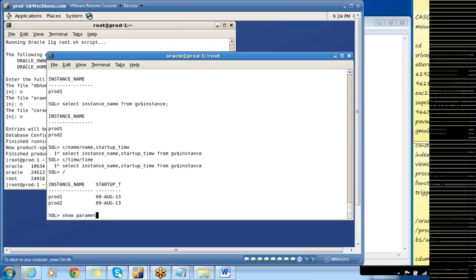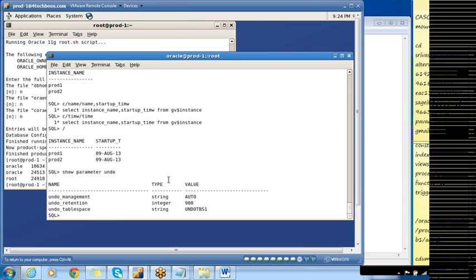And if I do show parameter undo, it's undo TBS1 here, right?